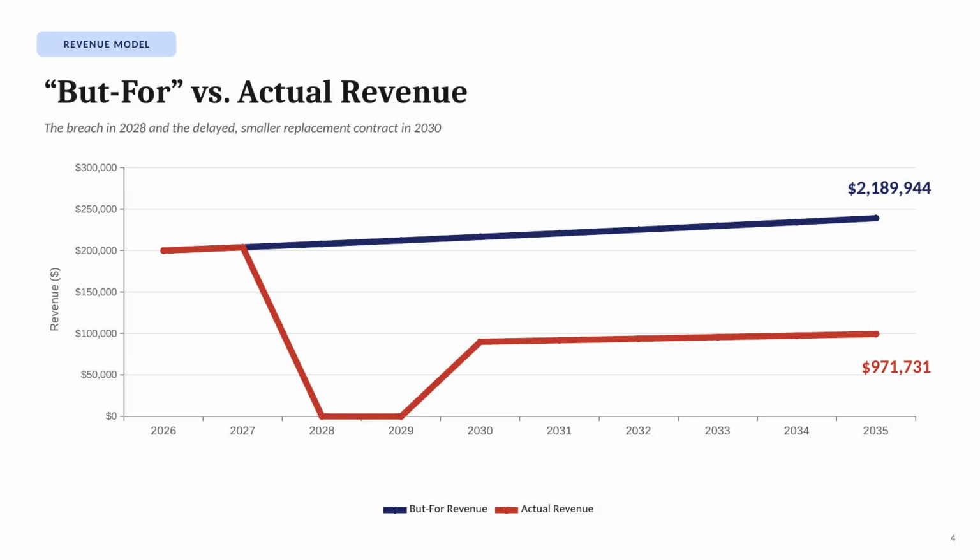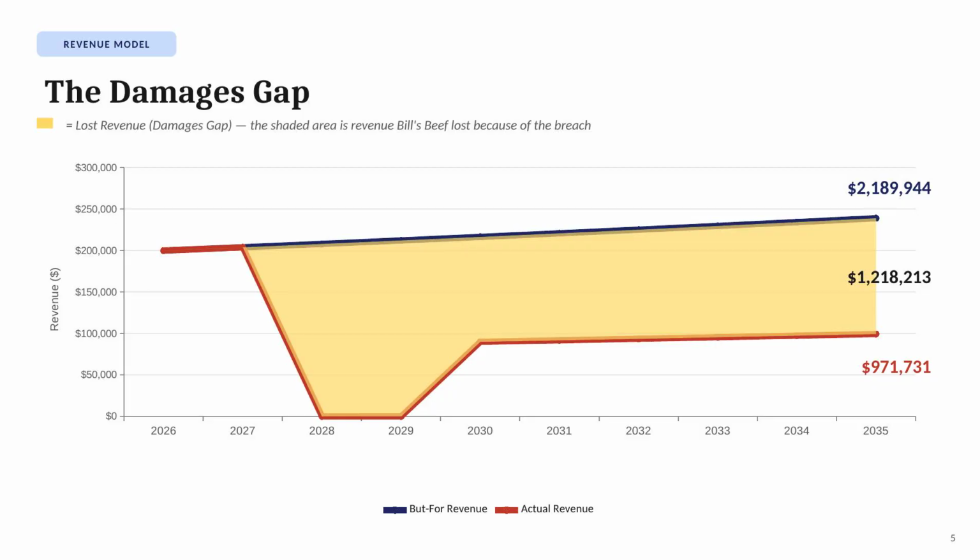As indicated on the slide, the total amount of revenue Bill's Beef actually earned as a result of the breach is $971,731. This shaded region in yellow is the lost revenue suffered by Bill's Beef. It illustrates the difference between the revenue Bill's Beef would have earned but for the breach and the revenue it actually earned. As indicated on the slide, the amount of revenue Bill's Beef lost is